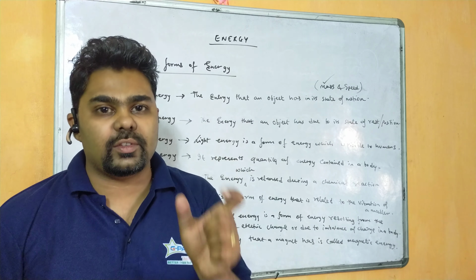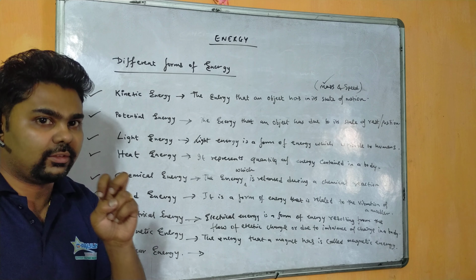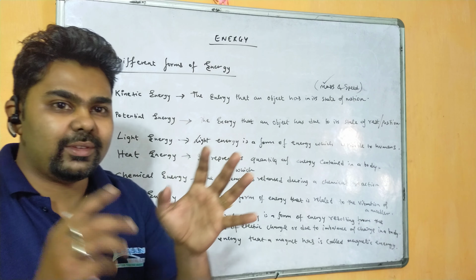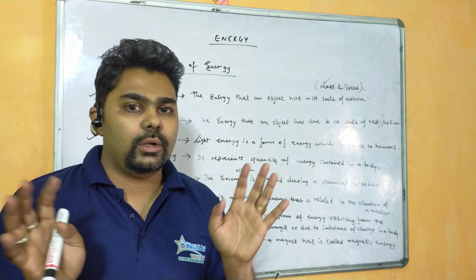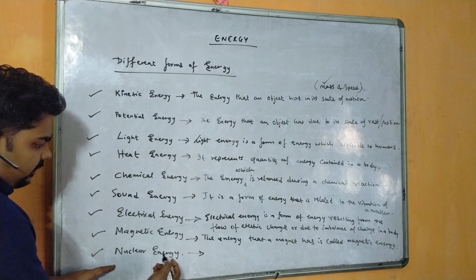fission. So for nuclear energy there can be two types of reaction: one is nuclear fusion and the other is nuclear fission. Fusion means addition of nuclei, and fission means separation of nucleus. So just define here what is nuclear energy. Nuclear energy states that